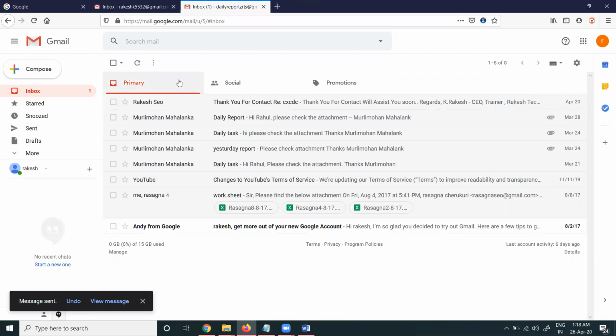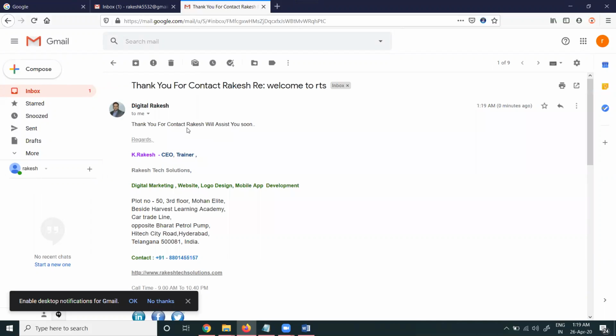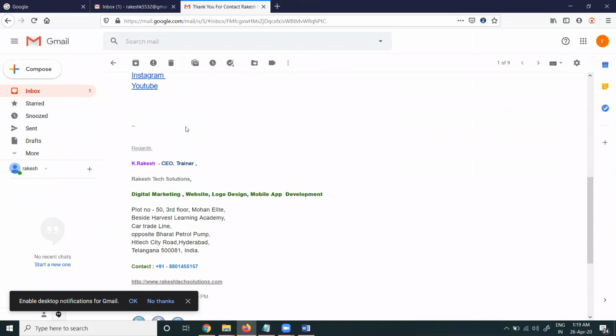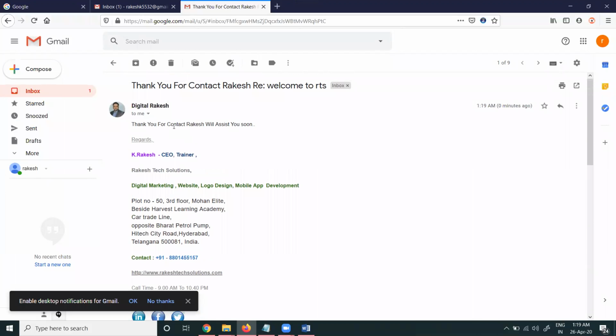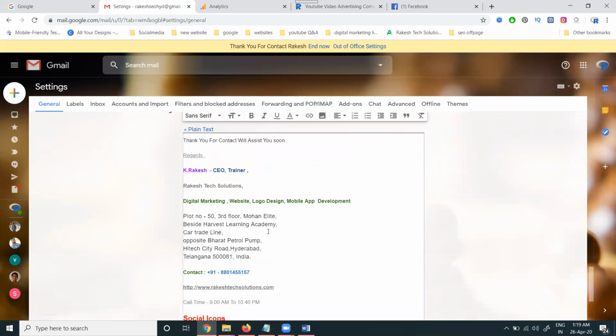After sending the email, the user receives the auto reply message. That means we are not there, but people receive an automated reply message. Just give me two seconds and we will get the message. Now click here. This is received by your users. So this is the option. Suppose auto reply is not given this much.